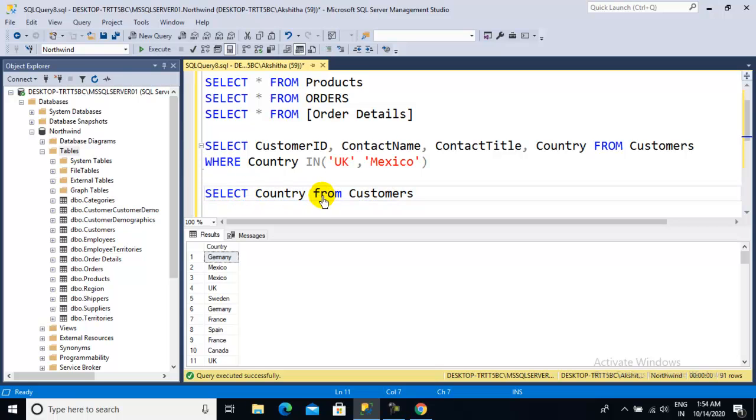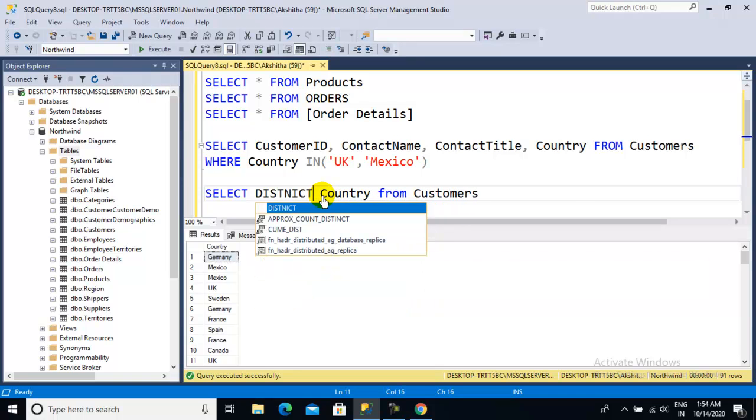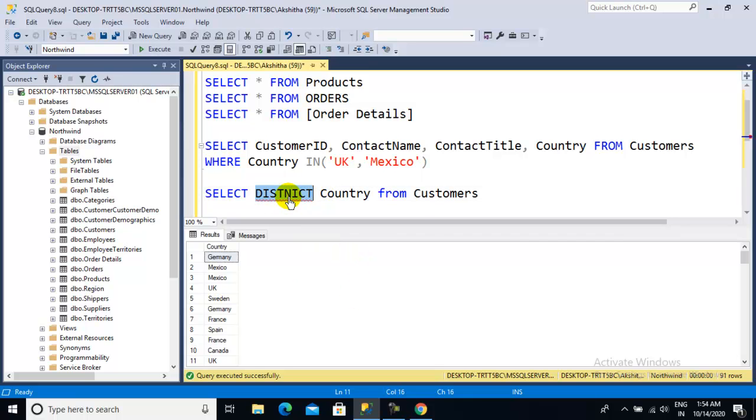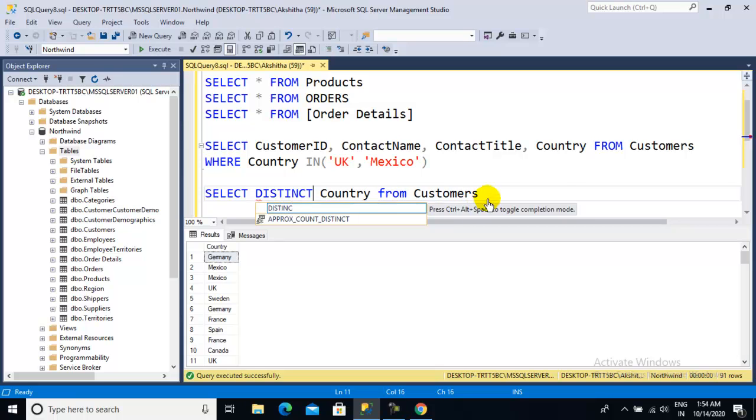So in that case, we have a keyword called DISTINCT. Distinct is a keyword that will filter based on a column.